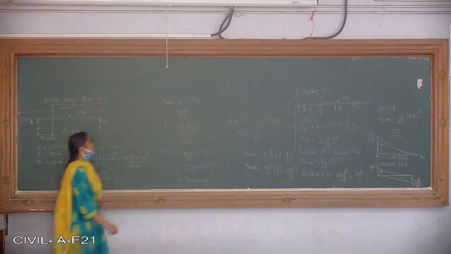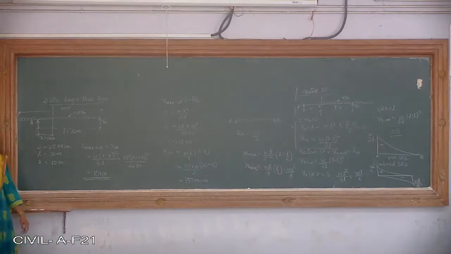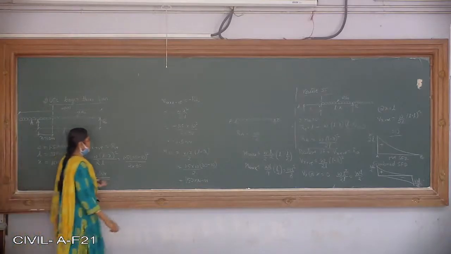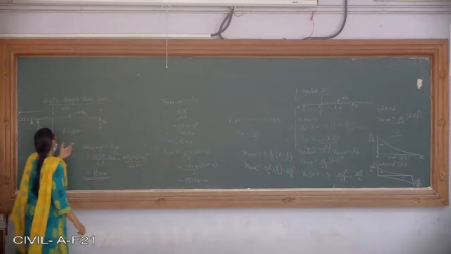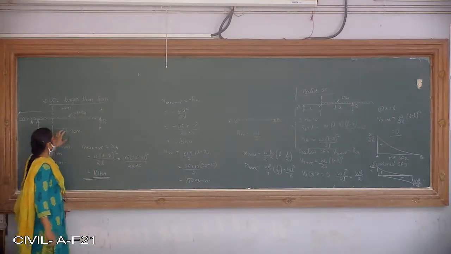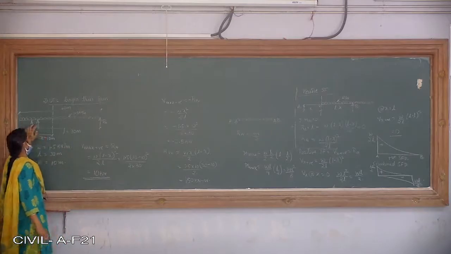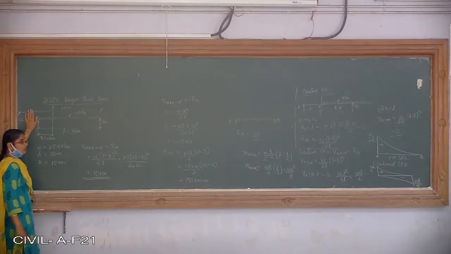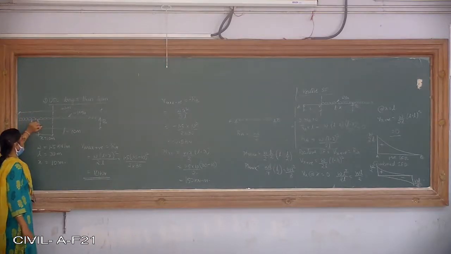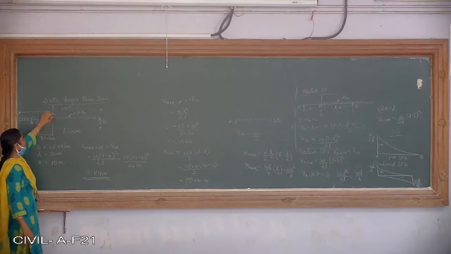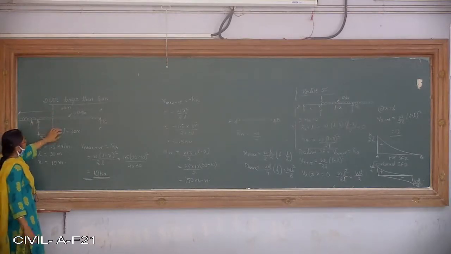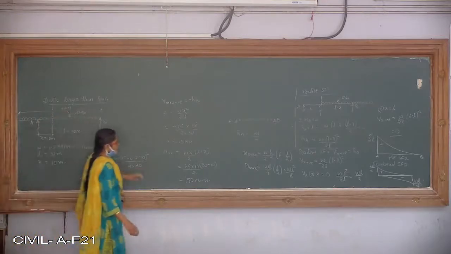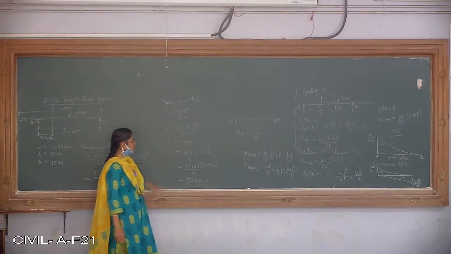Okay. So this is how you will be solving the problems. You can as well calculate the maximum bending moment. Maximum bending moment will be at L by 2, that is at 15 meters. At that time you have to calculate the value of Ra, leaving the load which is not on the beam. Okay. So only 1.5 into 30 by 2, that will be your Ra. Ra into L by 2 minus W into L by 2 into L by 4 will give you the moment at the mid span, which will be the maximum bending moment.